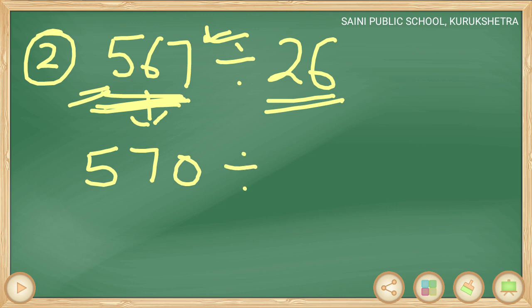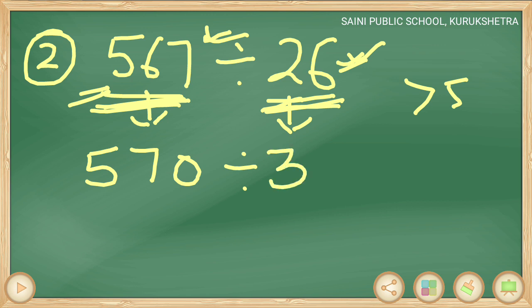Now we will round off the divisor. Now the divisor is a 2-digit number. We will round off to the nearest 10. When we round off this number to the nearest 10, again the same rule: we will either add 1 to the tens place or it will remain the same. For this, observe the digit at the ones place. At the ones place here is 6, which is again greater than 5. So we will add 1 to this. So 2 will become 3 and the digit on the right side will become 0. So 26 will become 30. The nearest number to 26 is 30.